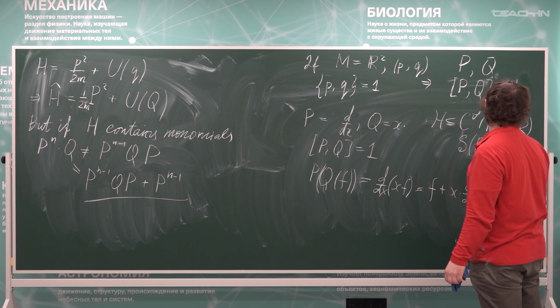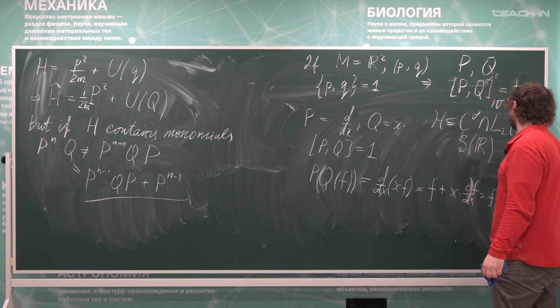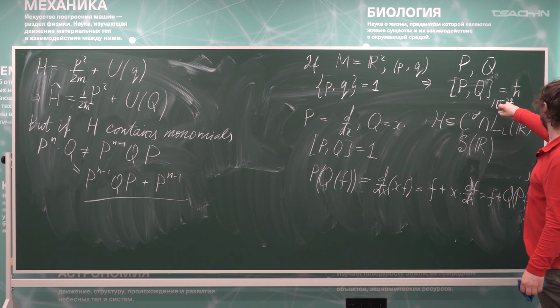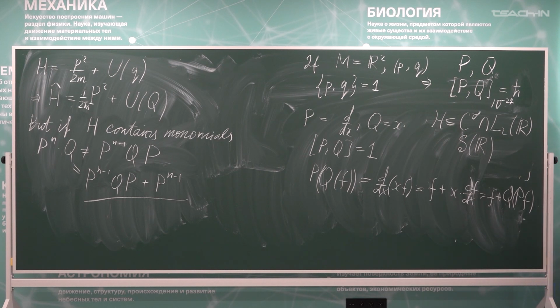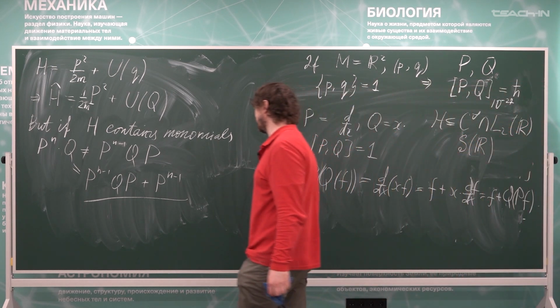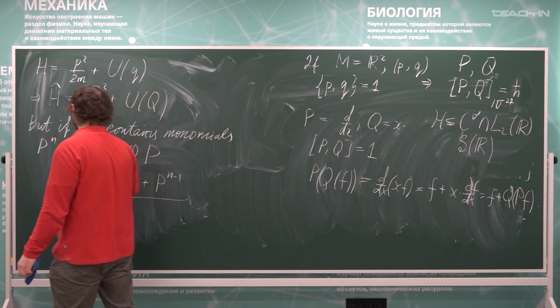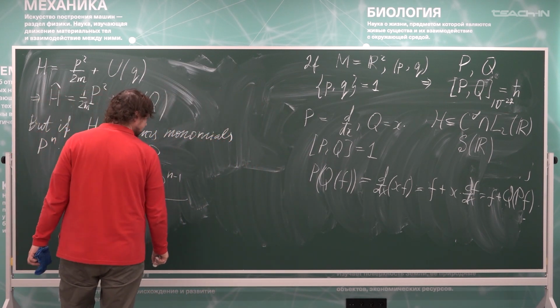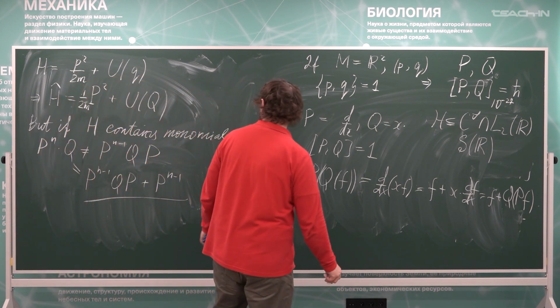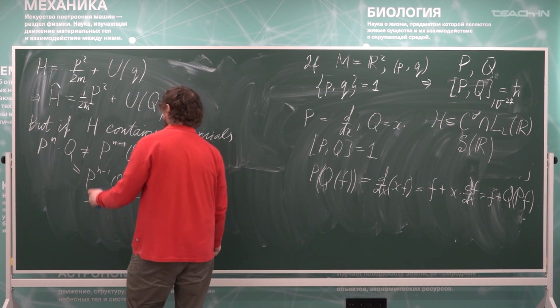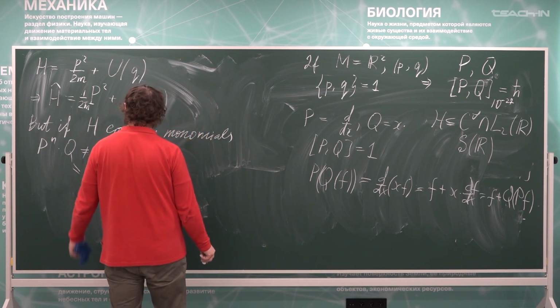This is Planck's constant, and it is very, very small. So roughly speaking, the difference between these two is very small, but it's non-zero, and therefore the way you introduce this expression